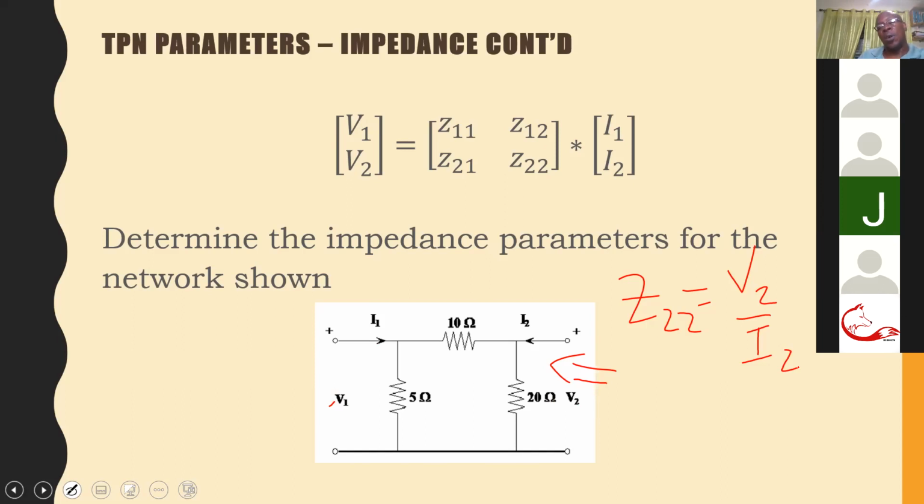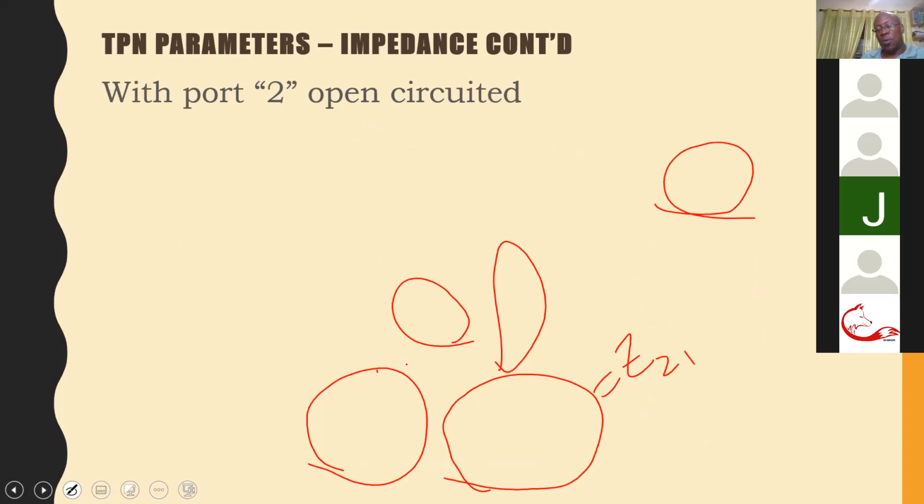And for Z12, yes, we do the same current division. So the current I2 would divide between the 20 and 15. All right. And then, of course, the V1 would be 5 times that current. So we can now go to